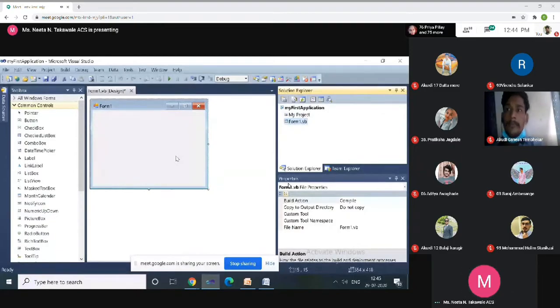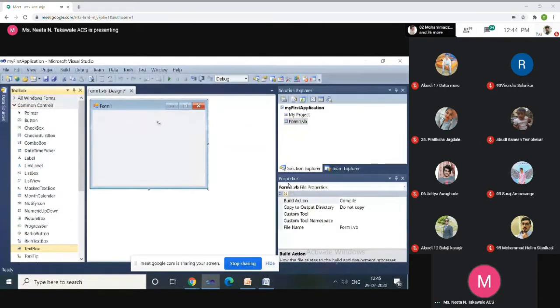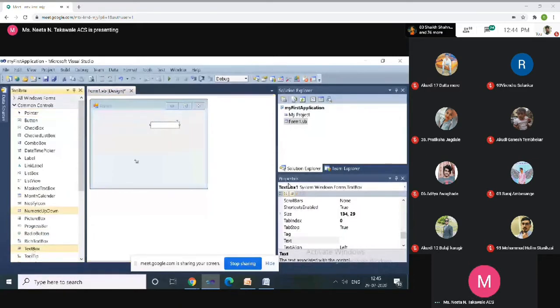These components we can use to design the application. For example, you want to perform the addition of two numbers. To accept the two numbers, you require two text boxes. The first text box will accept the first number, the second text box will accept the second number. One more button is required.